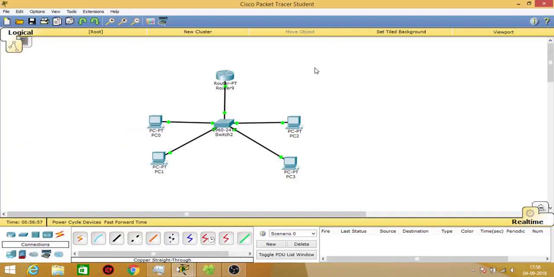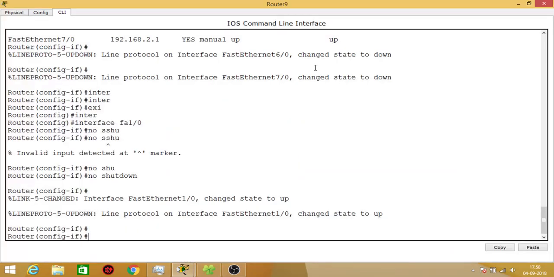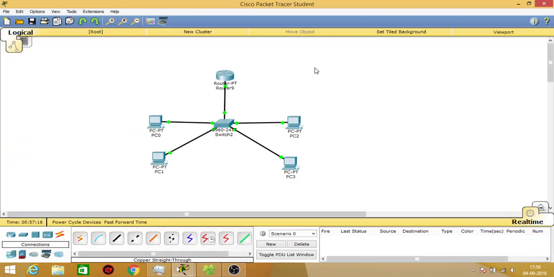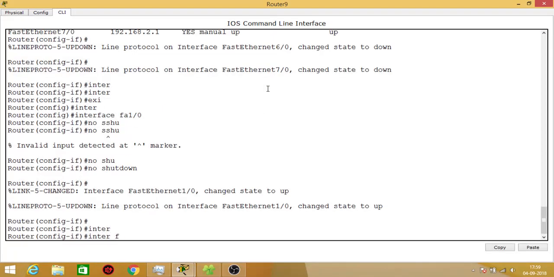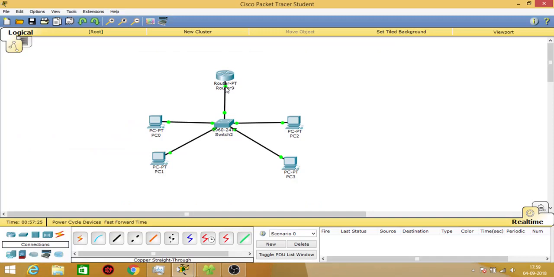In the router on a stick method, what usually happens is that one port is virtually segmented into different virtual ports, and those virtual ports are given IP addresses, right? So to do that, all you have to do is go into interface FA, whatever interface your switch is connected to the router,